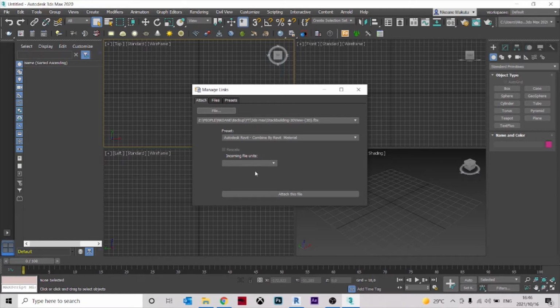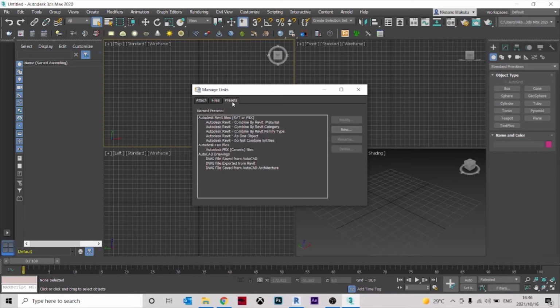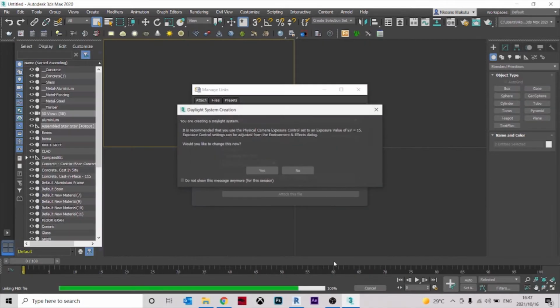When we get this, this is the file. This is the location where the file is stored at. The file will load here once it's done, and these are the presets to show that it's created from Revit. So I'm going to attach this file, and we're going to get this